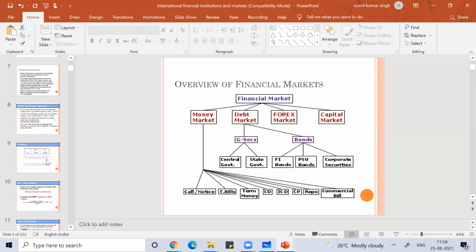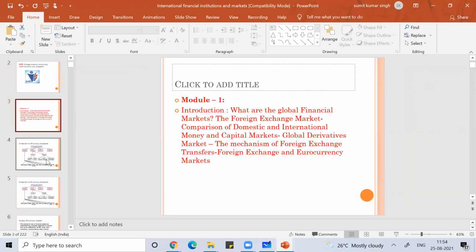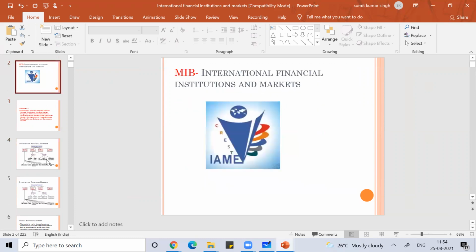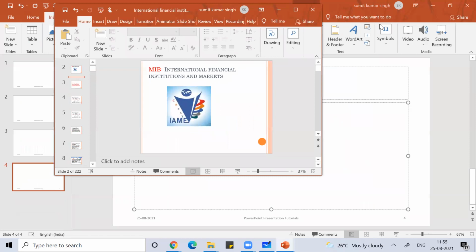So what you can do is create sections here. Put your cursor here in between, and then you can create a section.